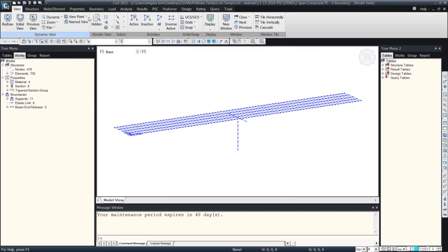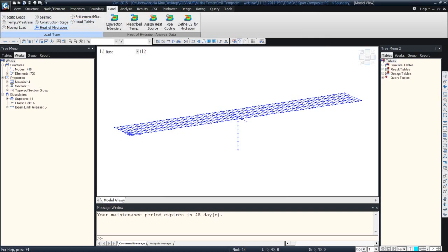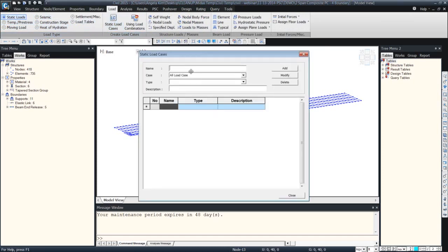Over here, I have a model up to the step that we went through with the substructure, main structure. And here under the load, as I mentioned before, when you click on different types of load, you're going to see the ribbon menu changing to provide you different functions. One of them, the very basic, just the static load cases. This is probably similar in all other programs too. Define the self-weight, dead load,